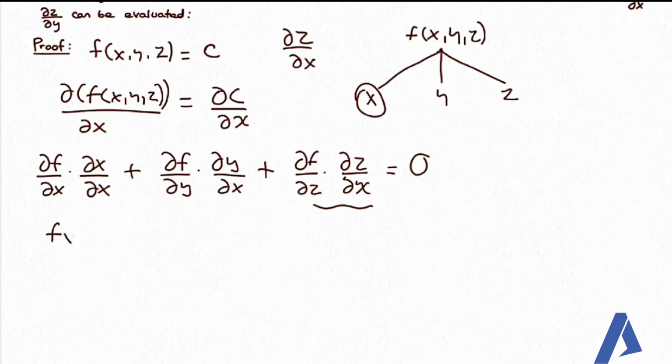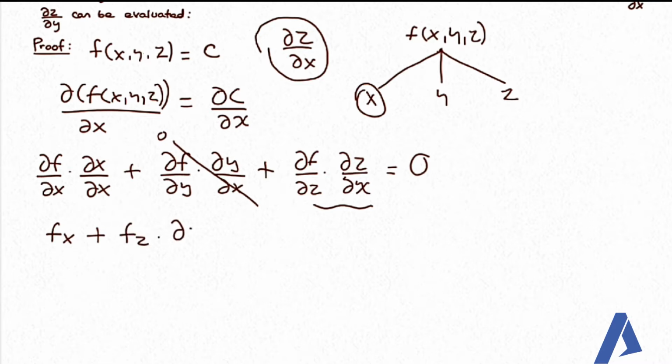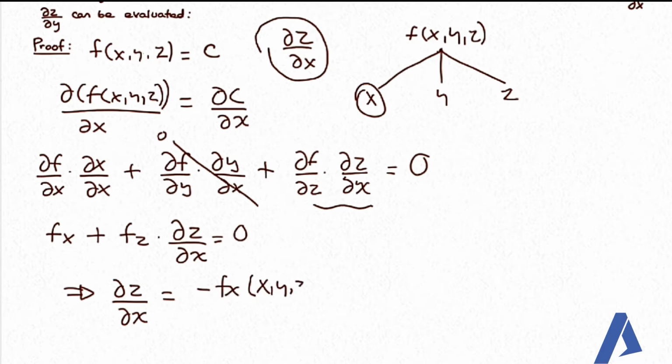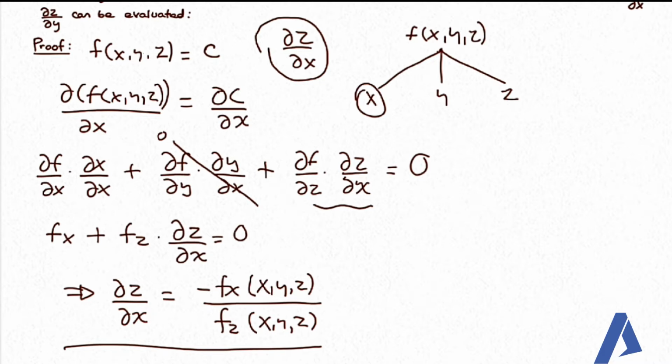We know that del f by del x is fx and this is 1 plus እዚህ ጋር እንደምናየው we are differentiating z with respect to x. partially zን with respect to x differentiate ስናደርግ other variables are considered to be constant. ስለዚህ in this case del y by del x will be 0 ማለት ነው። ስለዚህ you can take this as 0 plus fz multiplied by del z by del x is equal to 0. ስለዚህ እዚህ ጋር del z by del x ለብቻው ስናወጣው is equal to minus fx of x, y and z divided by fz of x, y and z. ስለዚህ በጣም ሲምፕሊ ይህንን ፎርሙላ በመጠቀም ዴል ዜድ ባይ ዴል ኤክስን ኢቫሉዌት ማድረግ እንችላለን ማለት ነው።